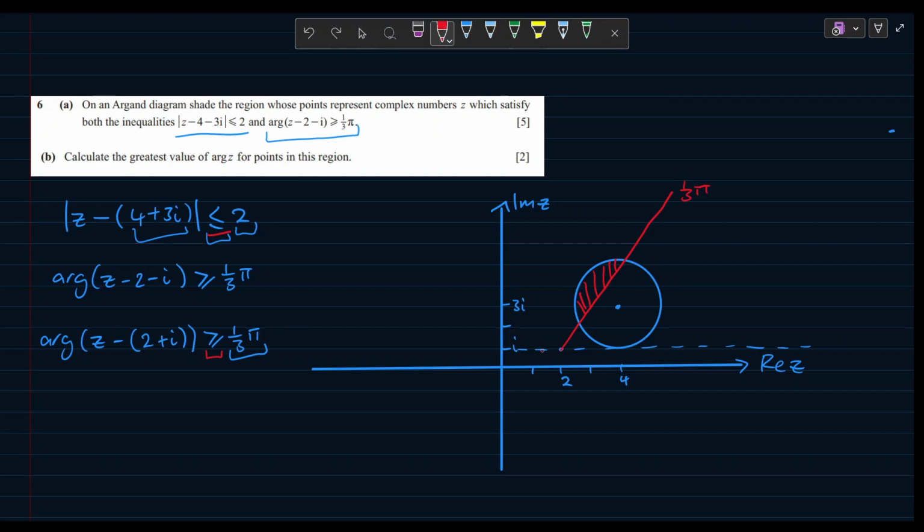So we need to find the largest angle formed from the origin with this point. So the largest angle will go from our origin to somewhere here. So let's call this our angle theta, and we need to somehow find theta. We can find theta by splitting theta into two smaller angles. So first we can draw a triangle like this,